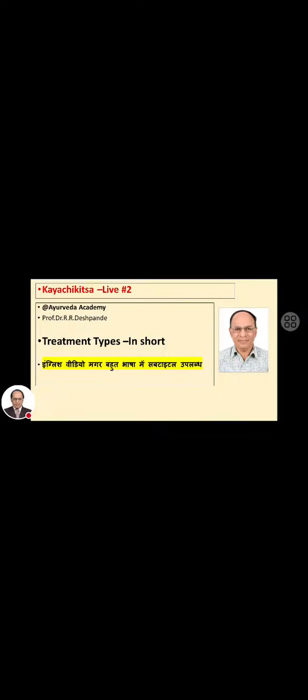So we are talking about Ayurvedic treatment protocols. Next, our method of treatment. Most of the time, this dosha imbalance is of type Sansarga and Sannipata. Sansarga is when two doshas are in aggravation. Then what do we have to do? We have to treat the most aggravated dosha first. For example, there is Vata Prakopa and Pitta Prakopa. Naturally, if Vata Prakopa is more, we have to treat Vata Prakopa as the frontline treatment.